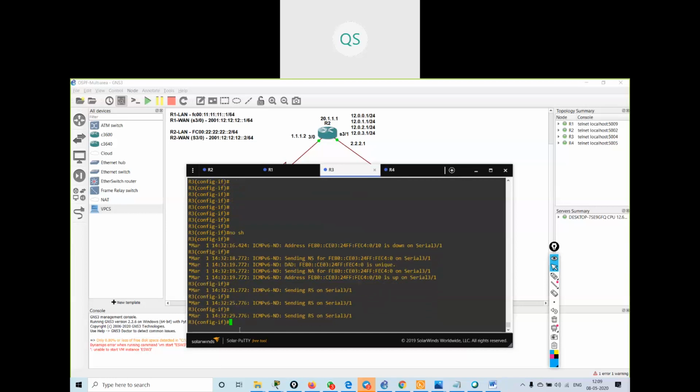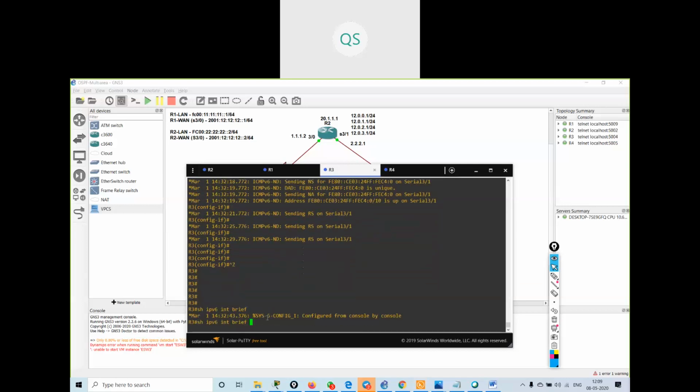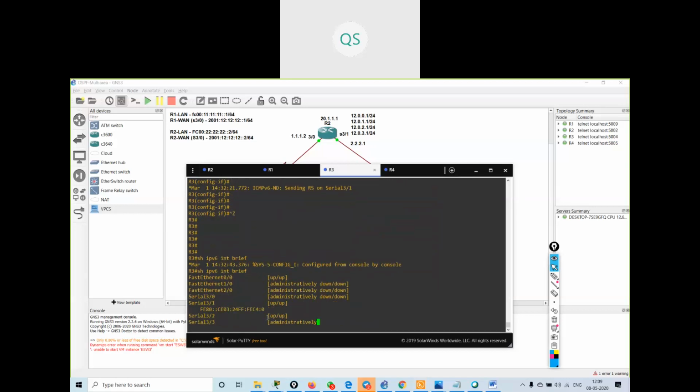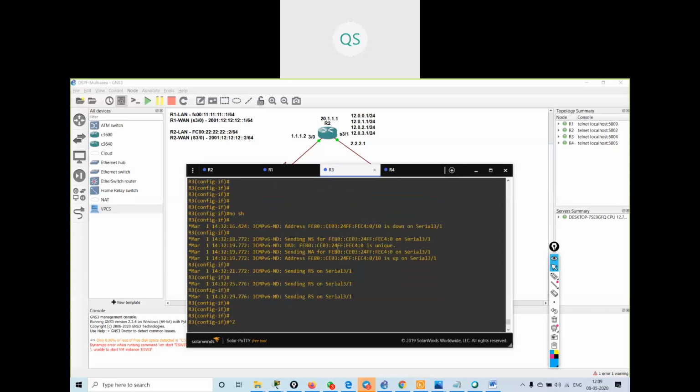I will be getting an IP address. ICMP ND, neighbor discovery. Okay, it is doing the neighbor discovery. Now if I verify with show IPv6 interface brief, I should get the IP address over here. There is some issue.